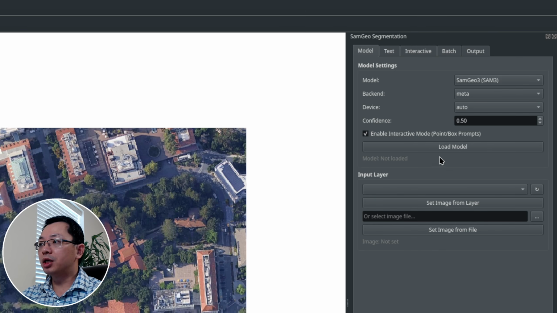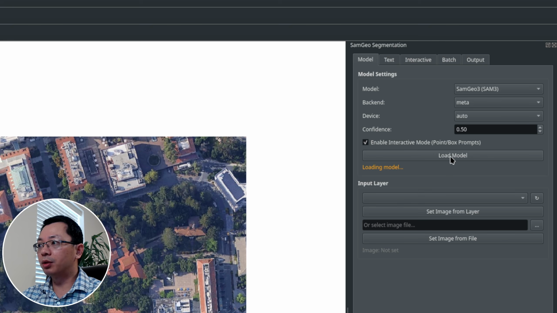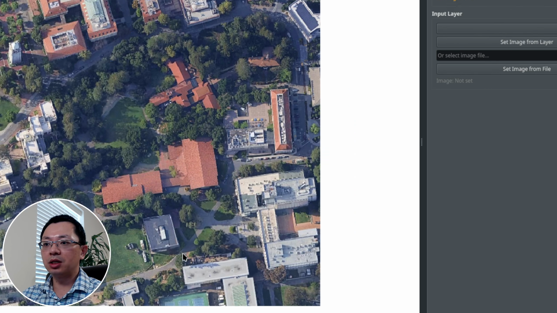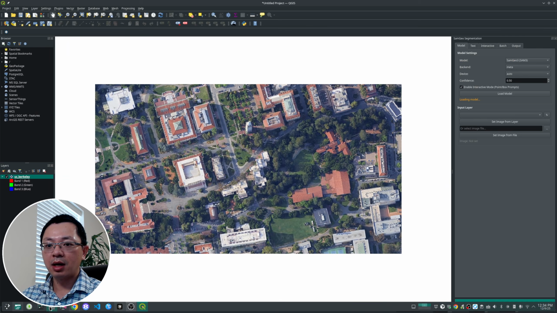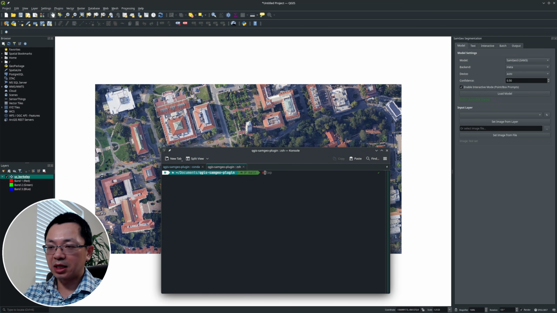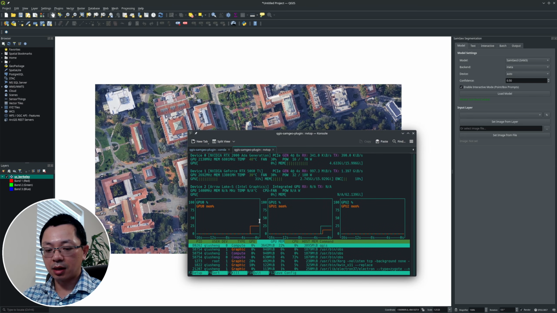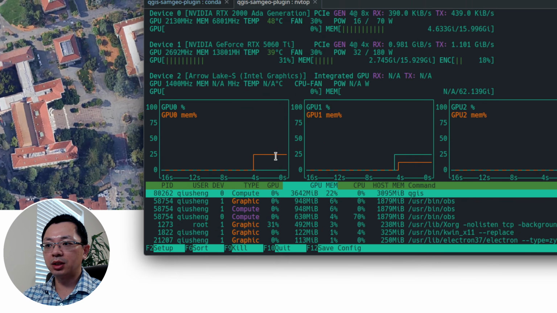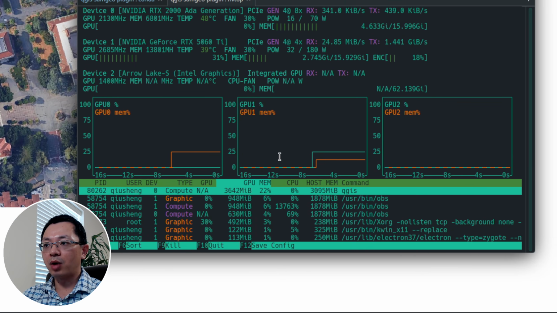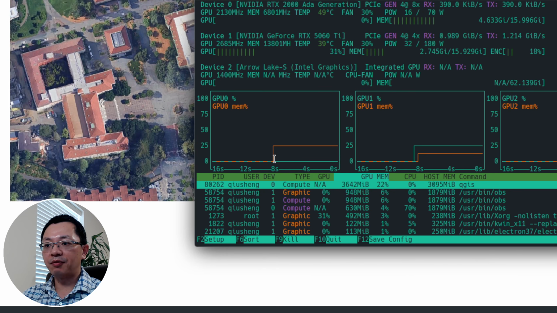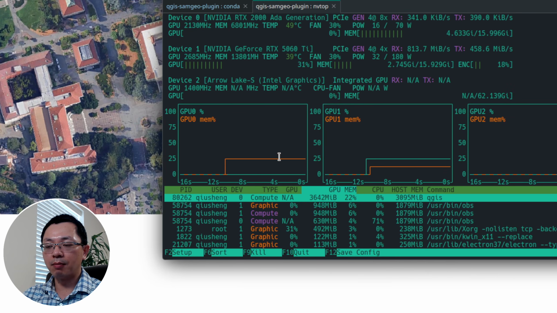So what you need to do here, just the first step, click load the model. It's going to take maybe 10-20 seconds, depending on your computer hardware, and it's going to load everything into the GPU. So if you want to check it, I can open my terminal here, then just type nvtop. This is basically a utility that's going to show you the status of the GPU, and you do notice here I have two GPUs, each one 16 gigabytes, and after that you should be able to see